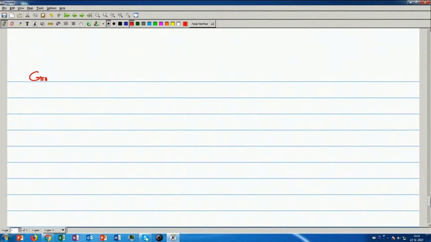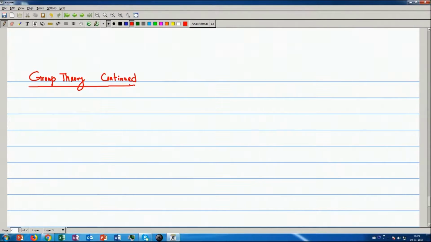We are reading the properties of group, and we identify some more groups. So, group theory. We have already seen that if A is one set,